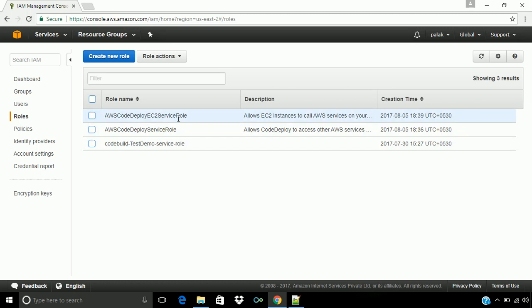attach our custom policy. So we have provided the access to the user for the AWS code deploy and other AWS services. Then we have provided the access to AWS code deploy for Amazon EC2 instances, and after that we have provided Amazon EC2 access of Amazon S3 and GitHub. So all prerequisites have been set up correctly. So now let's move ahead and start the lab of deploying an application.